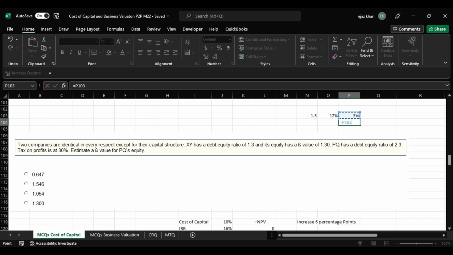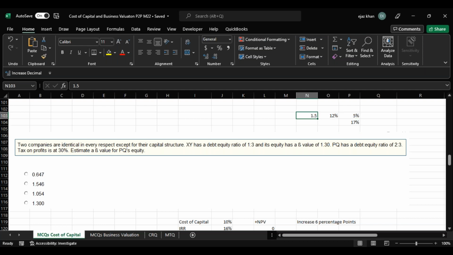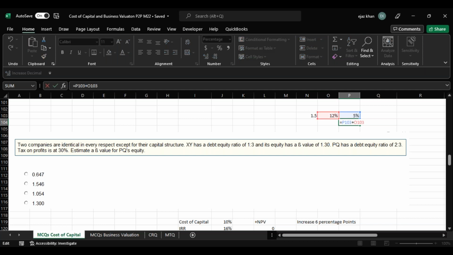So the total return that they expect from this company will be the risk-free return and the risk premium, that means 17%. So the total return expected from this company based on the risk level of 1.5 times will be 17%, and that's called the CAPM model. We've calculated this expected return on equity for this particular company using the CAPM model,